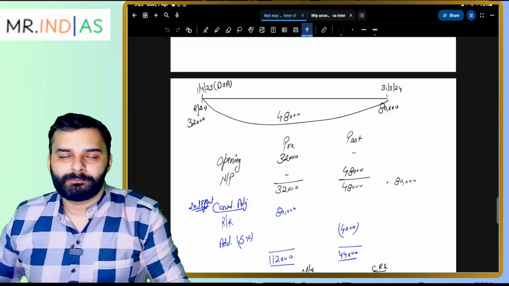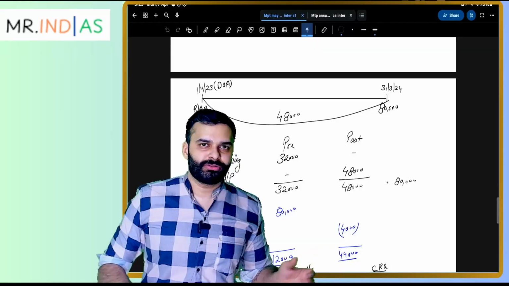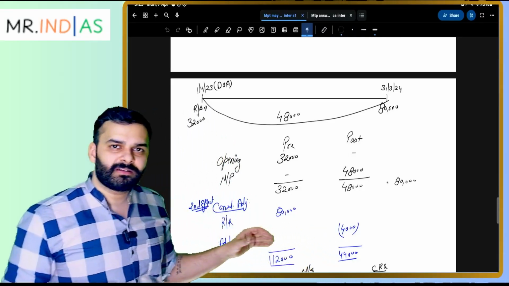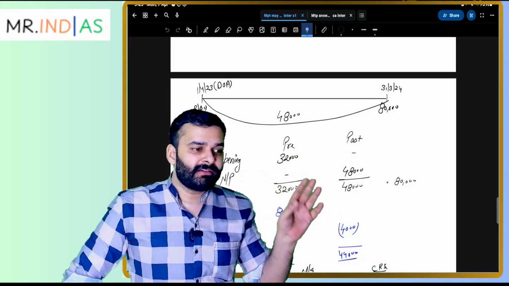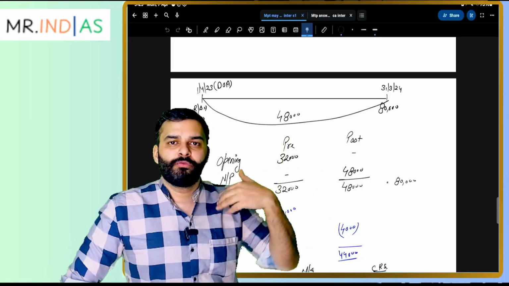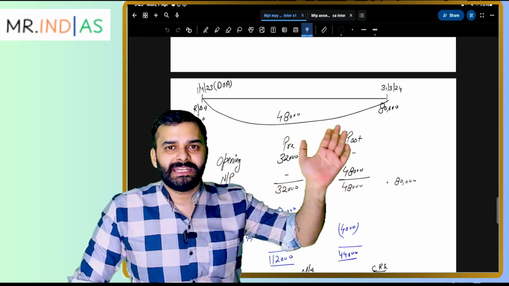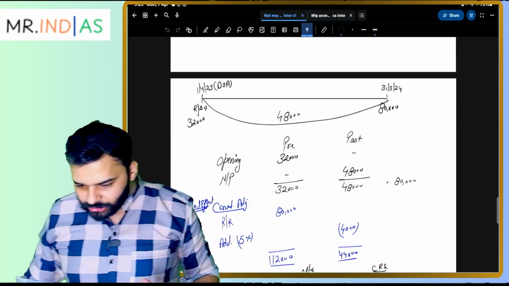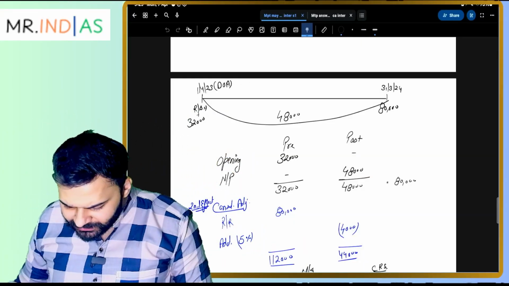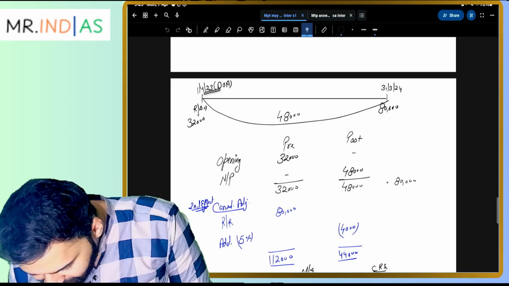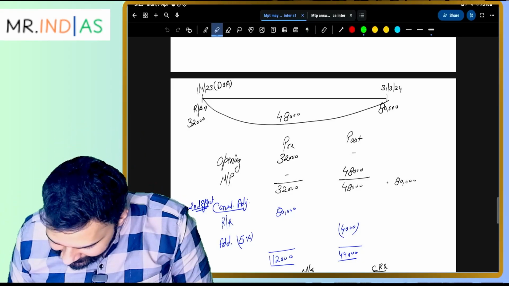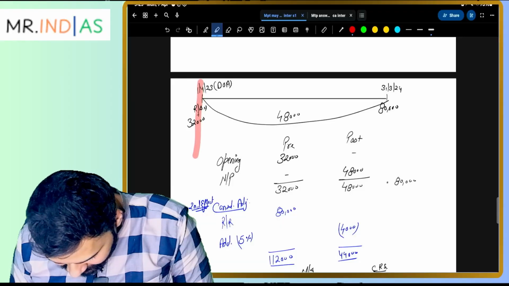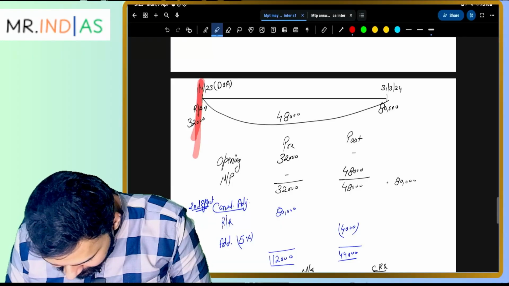Since there is no appropriation given in this question like dividend, bonus, I have not prepared reserve and surplus account. Otherwise, I'm going to prepare reserve and surplus account and determine the correct profit earned. We assume that you earned profit evenly throughout the year, so we can distribute profit accordingly. But here, since the date of acquisition is April, there is no need to distribute profit. Consider that date as a Lakshman Rekha.